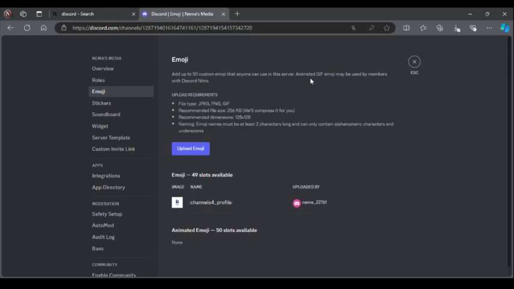My server for emojis. So I'm gonna add one more emoji directly from, let's see, this particular one, this black stuff. Then click on it, so uploading, and that's it. So that is how to add custom emojis